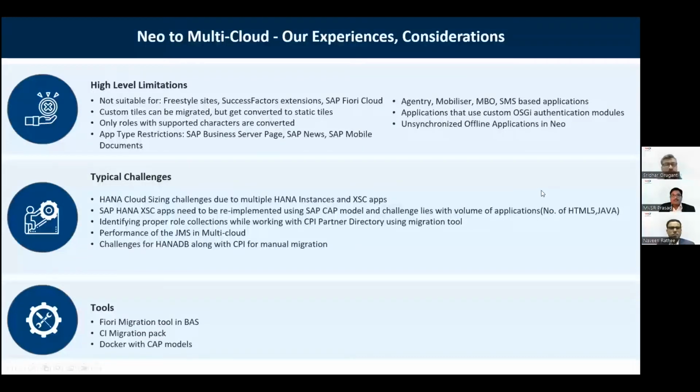Okay, so this is again our experiences and considerations, what we identified as part of limitations when it comes to migrating from Neo to CF, and also typical challenges and what tools we have used. For example, you have high-level limitations, but these are very limited. You have around 50 plus limitations considering service to service. But here,